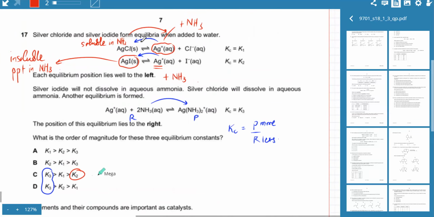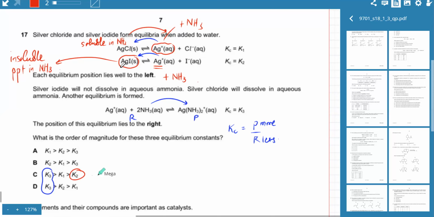This one, on the other hand, would probably be somewhere in the middle, so it's much easier for it to go to the right side, or it has a tendency to go to the right side. So there would be more products over here, and the equilibrium could easily shift to the right. There would probably be more ions present in the first equilibrium compared to the other one. This one is very insoluble, so it's probably completely forming this thing.